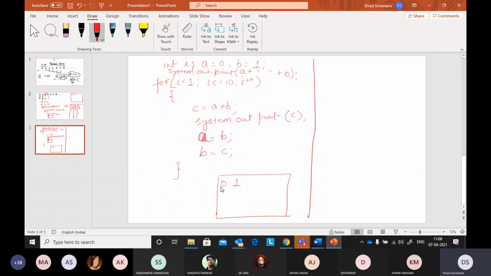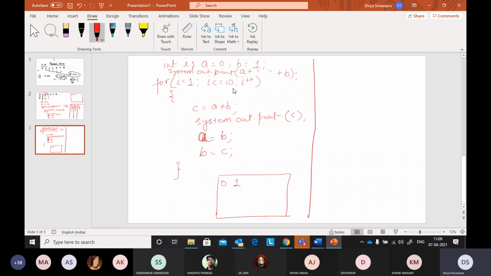Why? Because 2 elements are already printed. Or what you can do, since I want to print only the next 8 elements, and if you want to start with 1, it is okay, you can. Then instead of 10, use how much? 8. Okay, so it is up to you. Am I clear? कई बार बच्चों में they do this mistake कि 10 elements print कराने, तो they do it here. Since we are already printing 2 elements, so we need to run this loop only 8 times. Now it is up to you कि start with 3, go till 10.